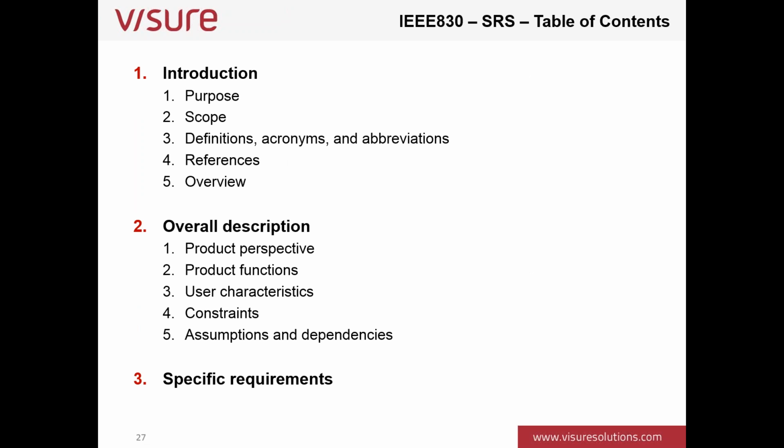Okay, as you can see, it contains an introduction containing the purpose of the software that we are going to develop, the scope, and an important thing like we mentioned before, the glossary: definitions, acronyms, abbreviations, and so on. It also contains an overall description of the software that we are going to build in this section too. And finally, in the third section, it will contain the specific requirements, classified probably by functional and non-functional, and then different subtypes of non-functional.